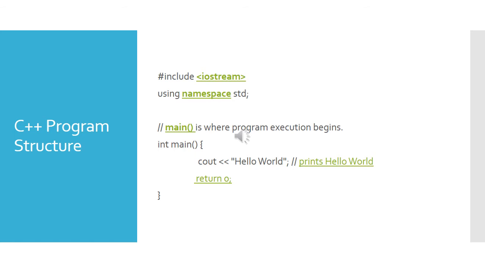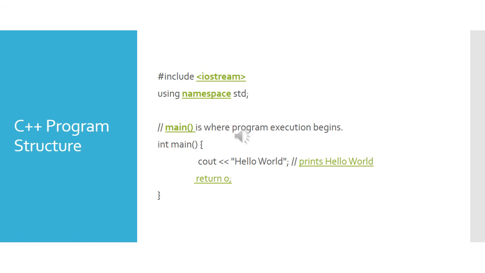The program structure specified here starts with a header file. The header file included here is iostream, which stands for input output stream. It contains all the input and output functionalities required in your program. It's a library function, which means it's already available in the C++ library. Namespace is the scope or the directory wherein the identifiers and functions of the header files are specified. So iostream is available in the namespace std.